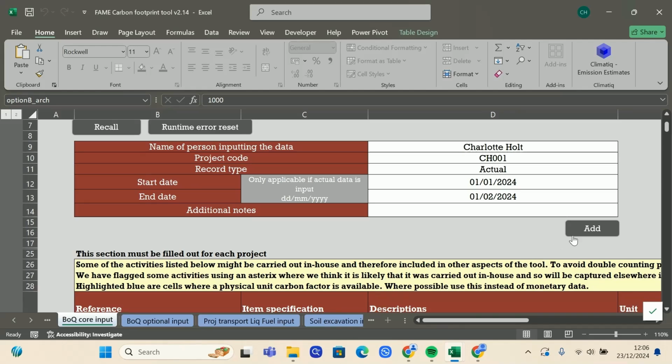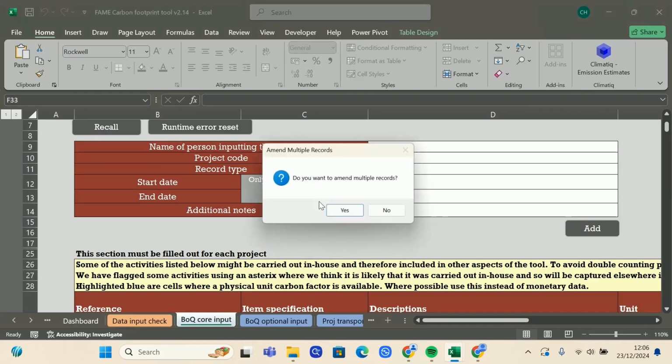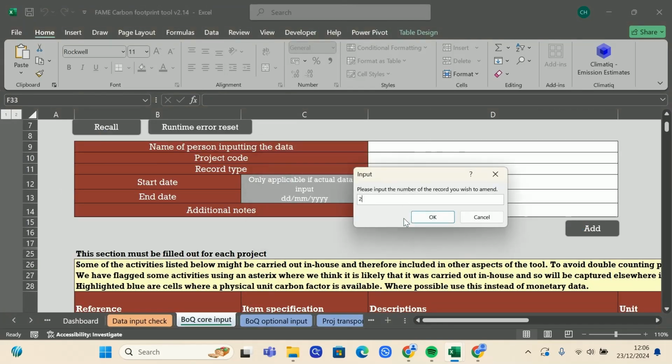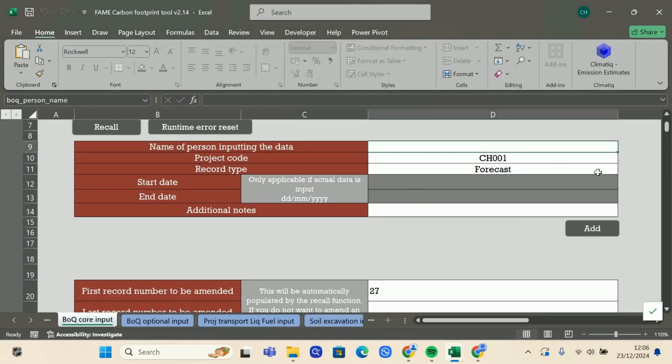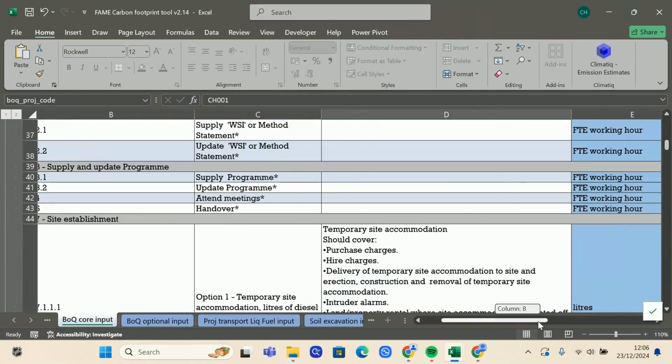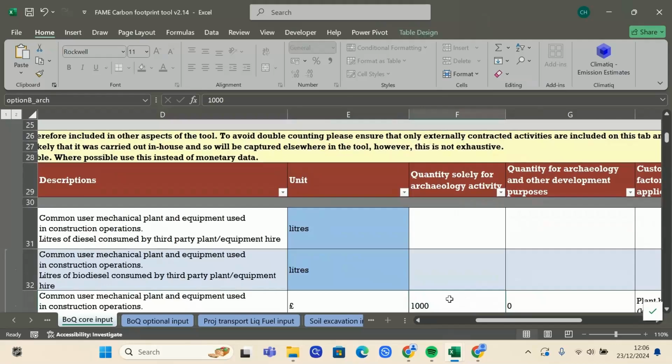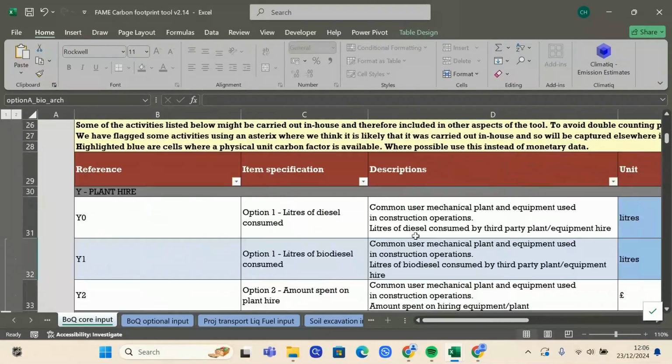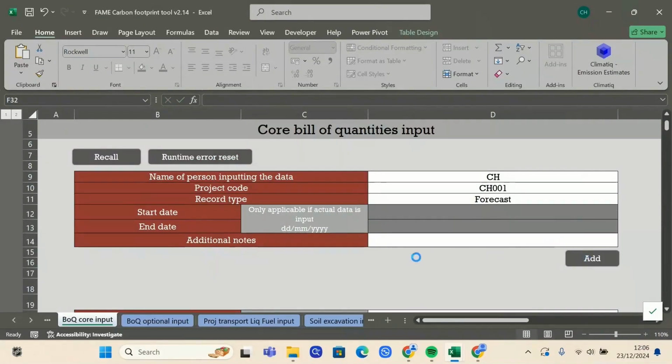So let me just add that, and I'll recall it again. It was number 27, wasn't it? Let's put testing, and let's just change this to £500. And then if we add that back in,